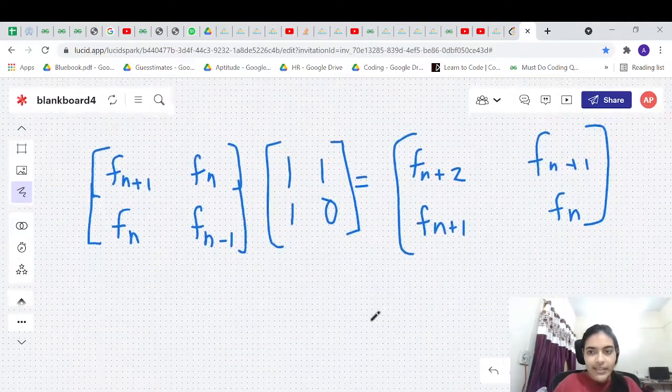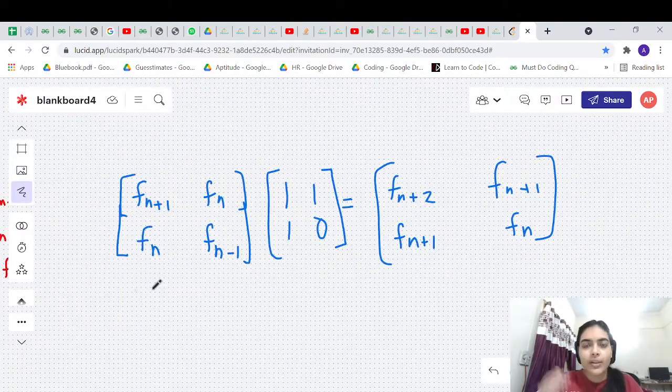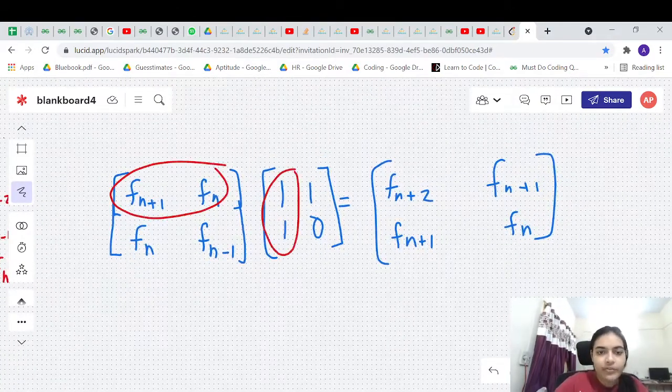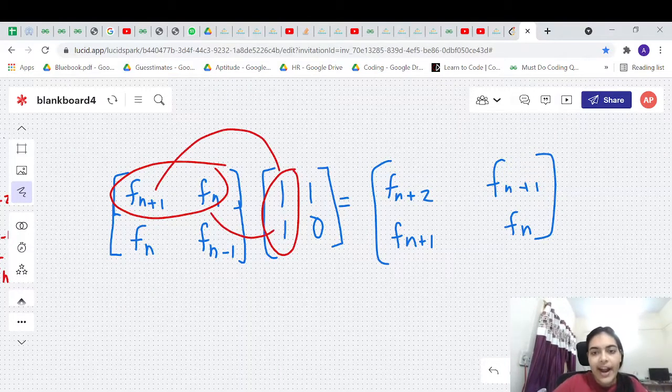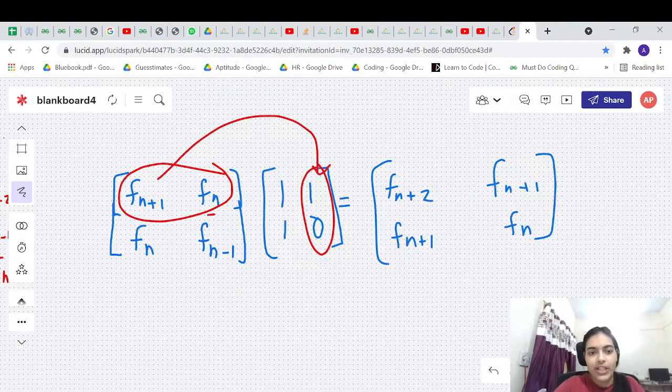So let's understand this matrix once again. This is a very beautiful matrix and this is going to help us solve the problem in log n time complexity. So the matrix is very simple. We have already looked at it. If we multiply f of n plus 1 and add f of n, we'll get f of n plus 2. What does the next value represent? If we multiply this with this, it is just f of n plus 1 because this will become 0 anyway. So this is just f of n plus 1.